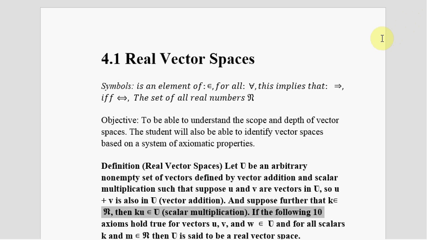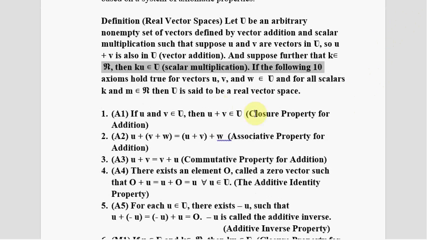So if we're given a problem, the problem is then asked, does this set define a real vector space by indeed showing the 10 axioms? And so let's look at that. The first 5 indeed deal with what we say to be vector addition, that a vector space, some arbitrary non-empty set